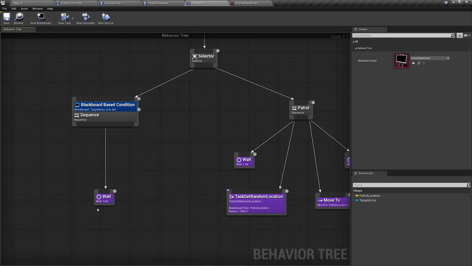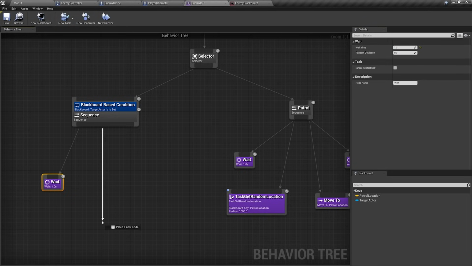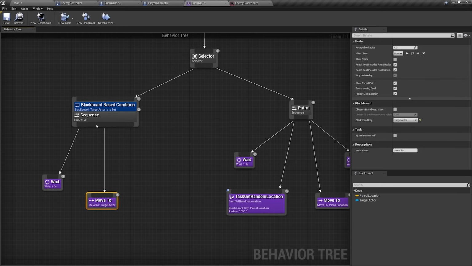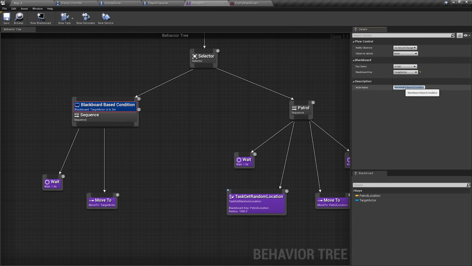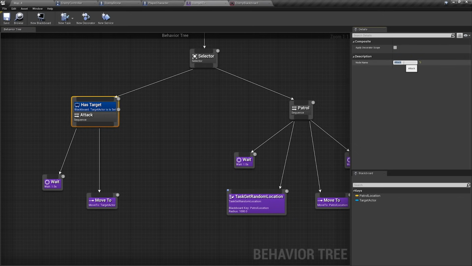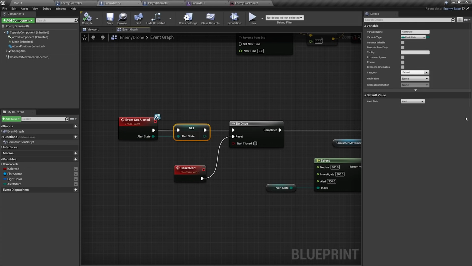Let's get back to our behavior tree and do a few things. Let's change the wait time. Let's add a move to the target actor. And a really nice feature is that you can actually rename those nodes to something that makes more sense for later reference. Our enemy pawn is pre-configured with a blueprint interface that uses an enum to switch between different states: neutral, investigating, and alerted.